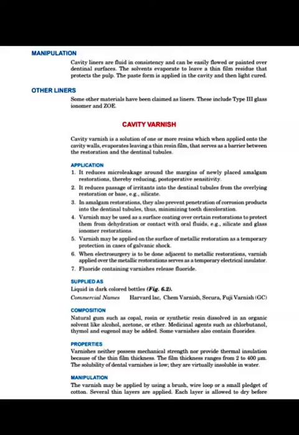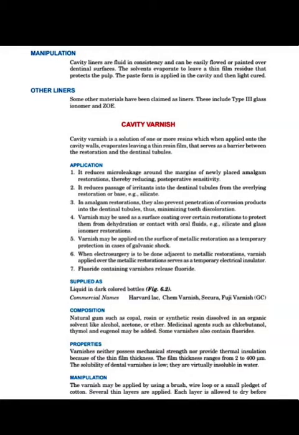First I will tell you why we are using cavity varnish if remaining dentin thickness is more than 2 mm. If remaining dentin thickness is more than 2 mm, it is sufficient for insulation. It is sufficient for protection of the pulp, but we know that dentin consists of dentinal tubules, and due to that dentin is porous, and through those pores mechanical irritants and thermal irritants can enter the pulp and can irritate the pulp.